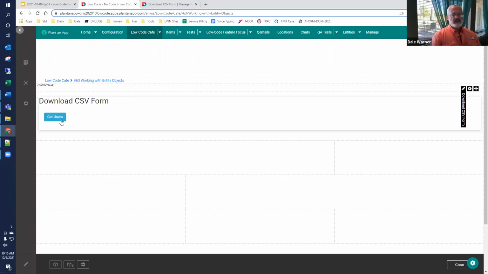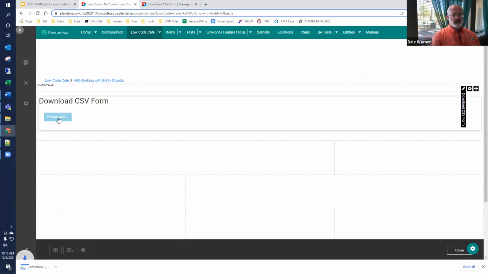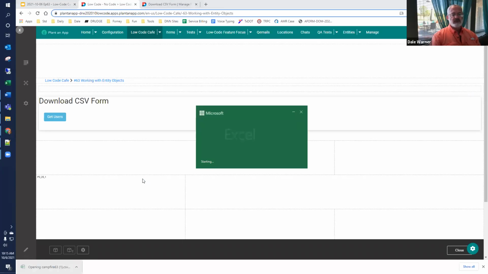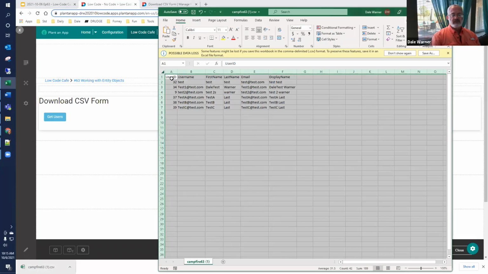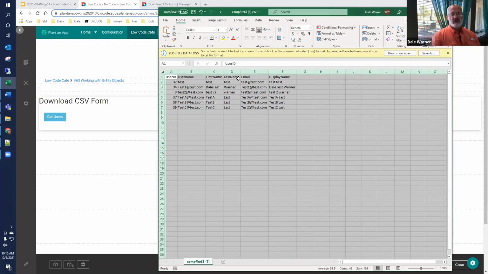So there are some easy variations that we can do on the entities. And one of them has to do with column names. So if we look, and I'm going to download this again and take a look at it, we have column names. These column names come from the select statement.